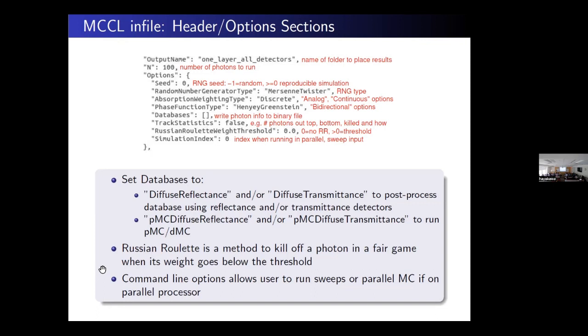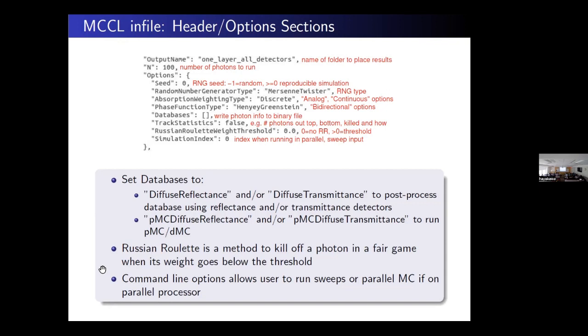We use a phase function type. We typically use Henyey-Greenstein, but it's surprising how often I use the bidirectional one. The bidirectional slab problem is one of the few versions of the RTE that's analytically solvable. So sometimes it comes in handy to run things because you have an analytic solution for reflectance, transmittance, internal fluence. It sounds kind of funny, and you'll see also in the integrating lecture, I think you might deal with a bidirectional RTE solution.